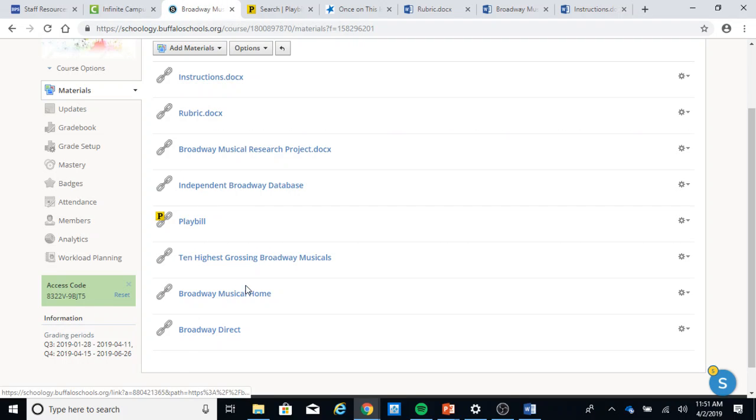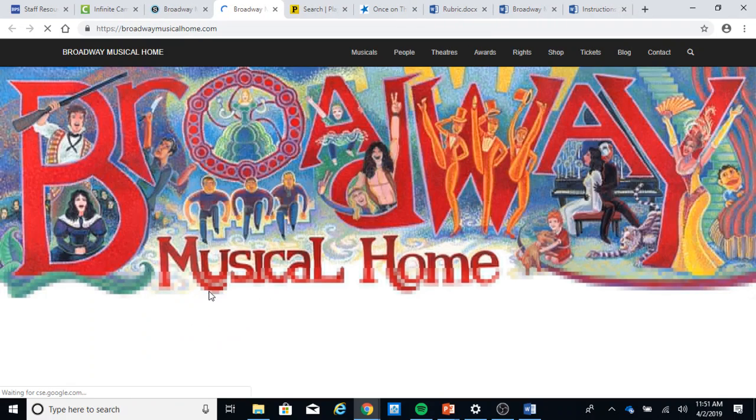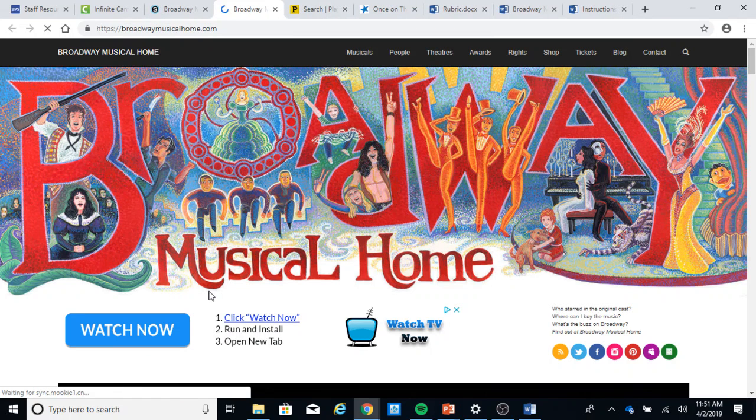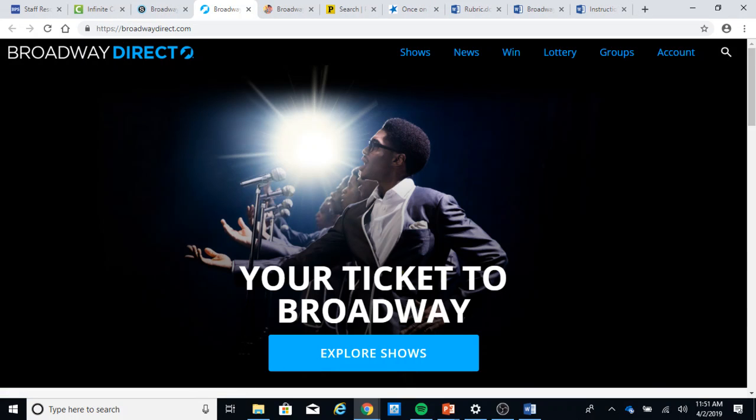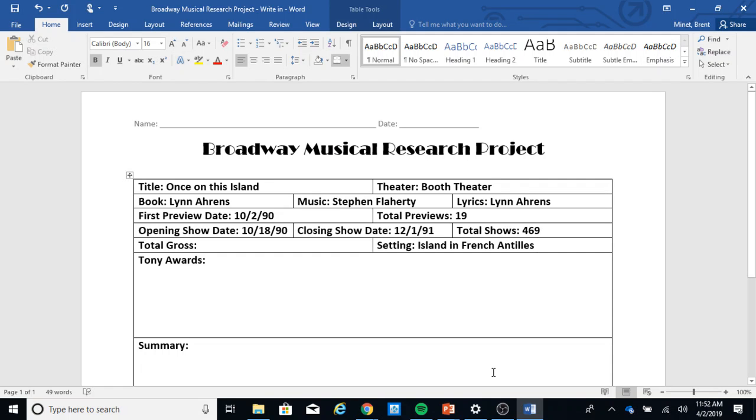Likewise, all right, you've got Broadway, go, explore all these sites. All right, but likewise, you got Broadway Musical Home. Again, guys, look, you got categories you can use. Ladies, please, you got categories you can use, plus you can click on the magnifying lens to open up a search. All right, also you have Broadway Direct. All right, so here's what we're going to do. I am going to hand out